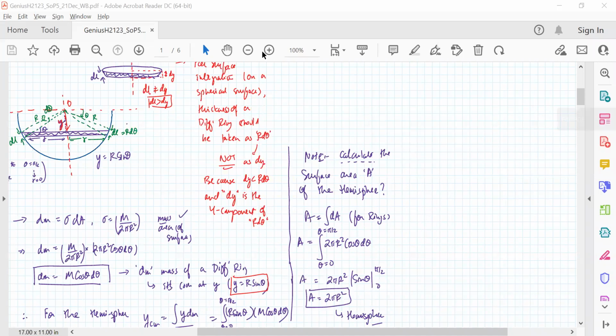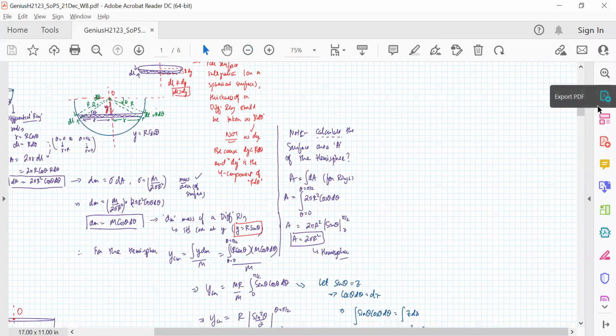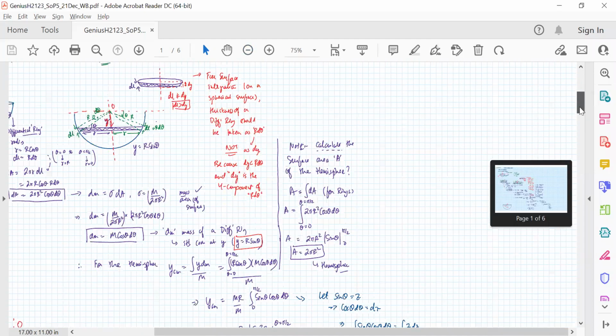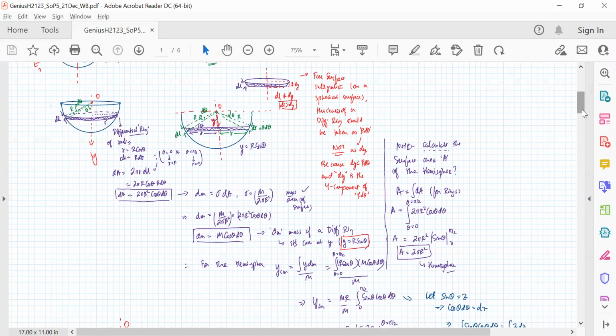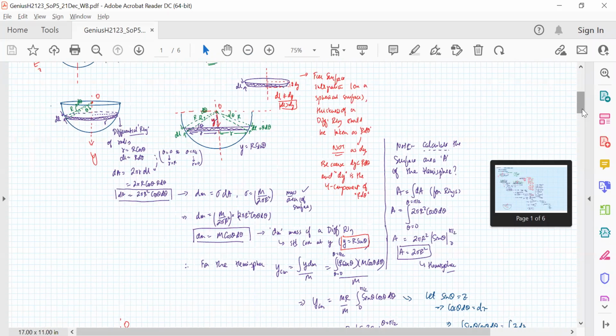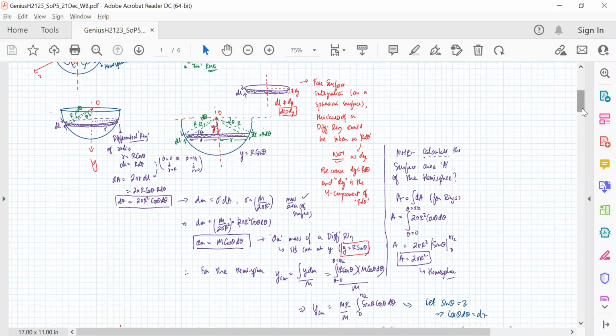Okay. So let's come back to this thing now. So the area of the semi-ring, sorry, the area of the ring, how we had got, the area is the thickness multiplied by circumference. Just imagine a ribbon of length L, which we have wrapped around to form that ring. So that ribbon's length is nothing but the circumference. So that's 2 pi into small r. And the thickness of that ring is dl. So the area of the ring, again on the leftmost you can see, is dA is 2 pi r dl,